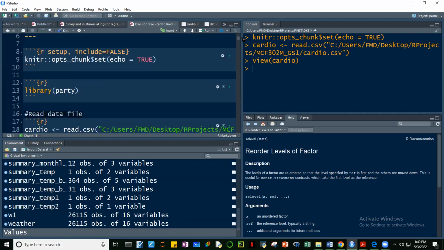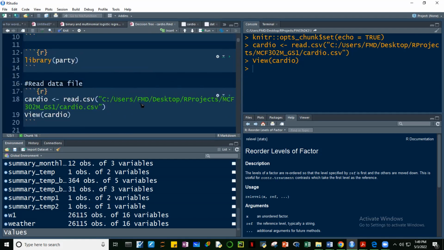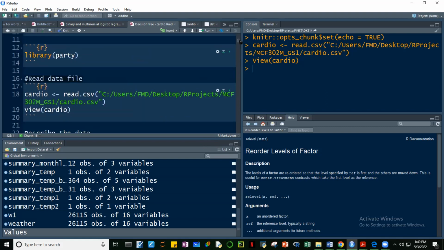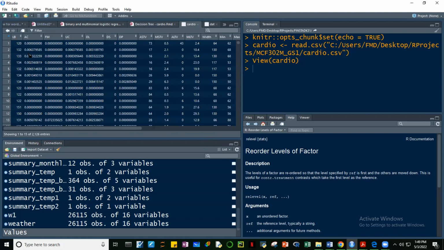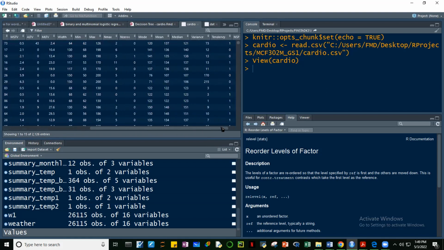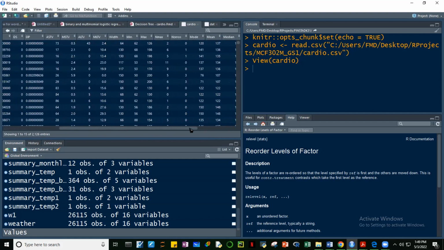Okay. So please download the cardio dataset. Palitan nyo na lang yung read.csv code dito kasi this is for my machine. Okay, so we're going to use the cardio dataset and let's view it. Ano laman itong dataset na to? 2,126 observations, and there are, I think,